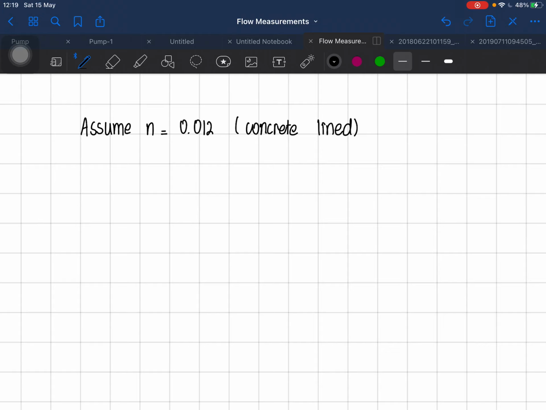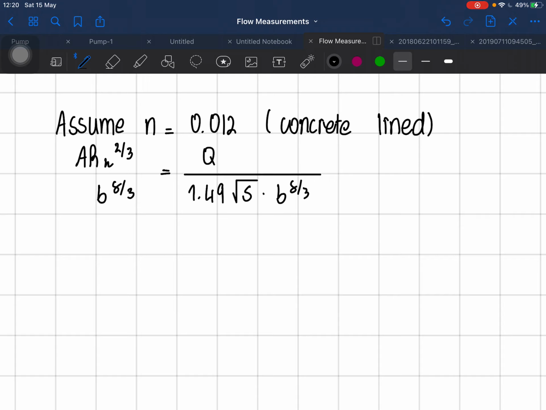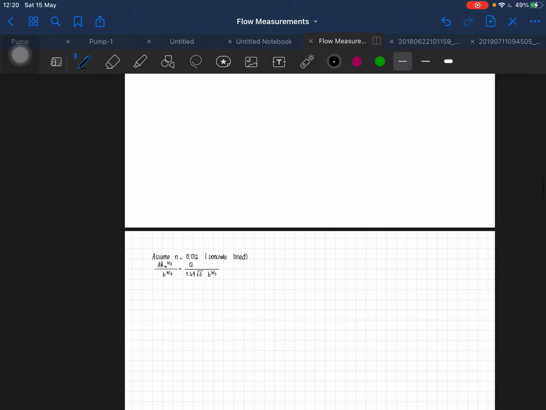What would be the depth of the flow? So we're trying to find y. For this case, I'm showing you another way to find it. A R_H to the 2/3 over n times B equals Q, which is the flow rate, so it's the same, Q equals 1.49 over n times the square root of S times B times R_H to the 2/3. So we have different types of equations that you want to write so that you won't be the